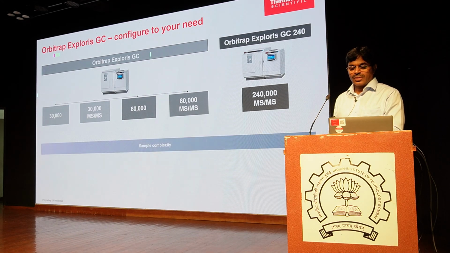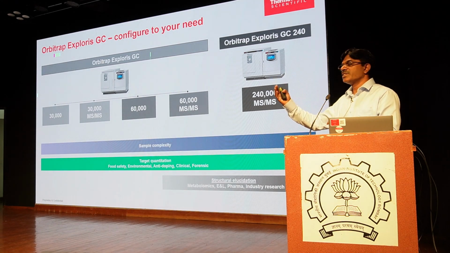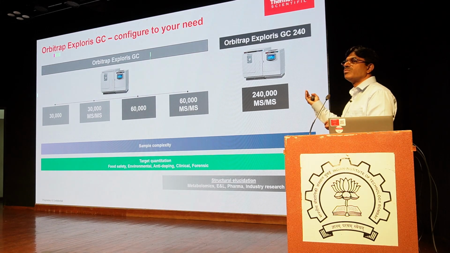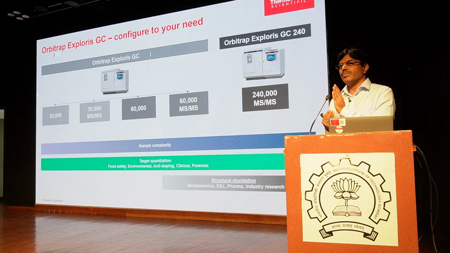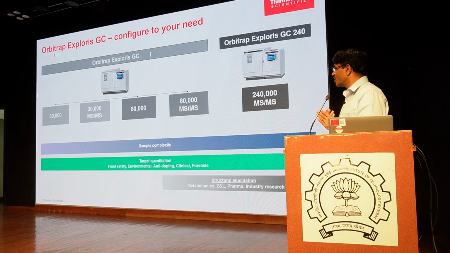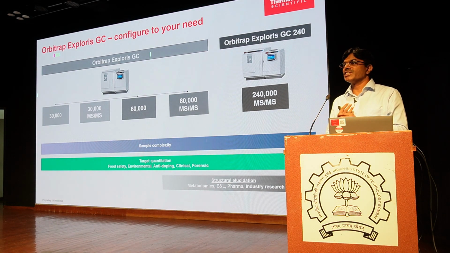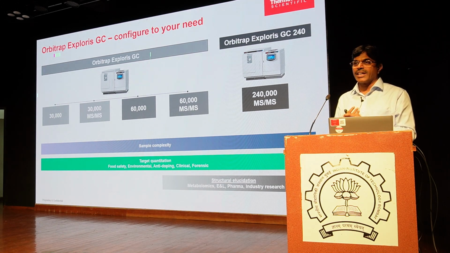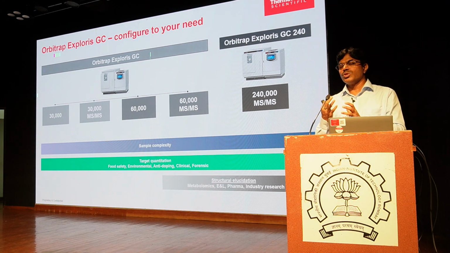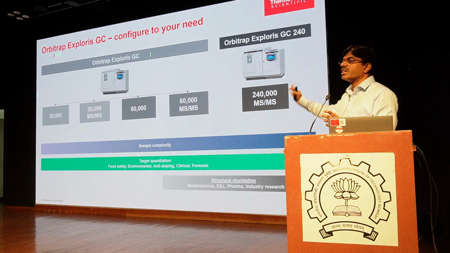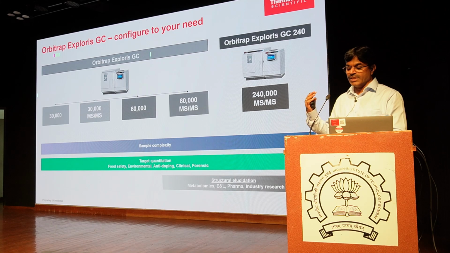So you can see here, as your sample complexity increases, you require more and more resolution power. At least 60,000 is the bare minimum required so you can do structure elucidation. You can have different applications like metabolomics, extractables and leachables, pharma, industry research. So when you don't know the structure, it's better to start with at least a resolution power of 60,000 with MSMS